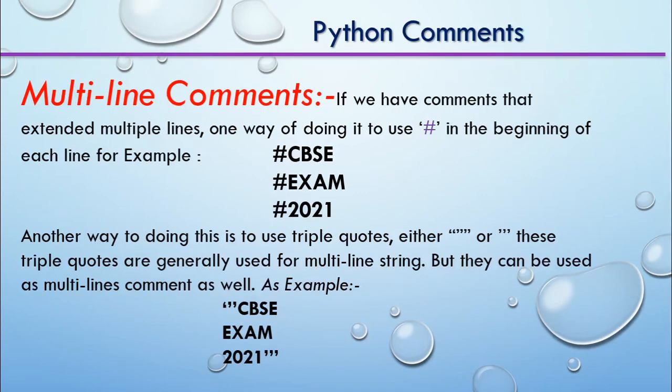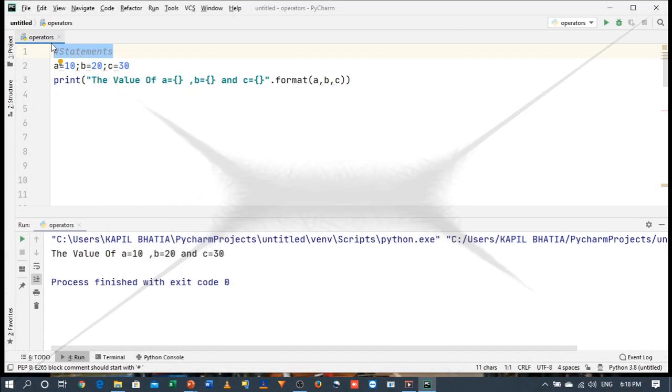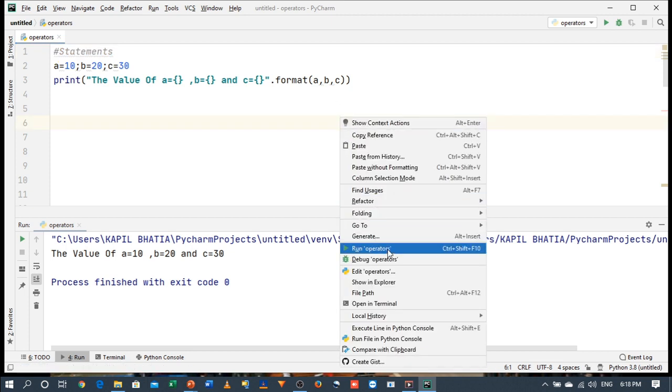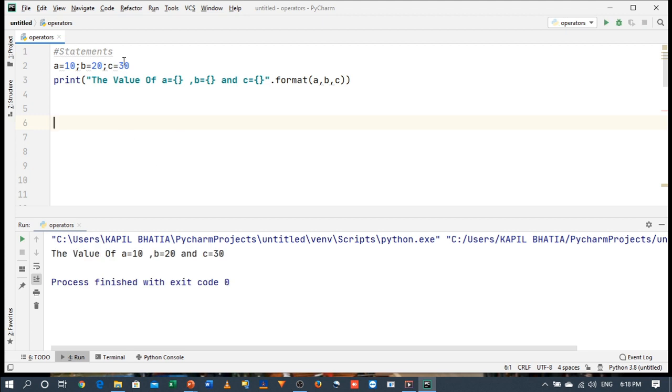For a better understanding, let us go for some practical demonstration. For a single line comment entry, we can use hash before the comment line, and that will make the line a comment. So hash is a marker that indicates that this line is a comment line. During execution, this line is not going to get executed. So when I run this program, this statement is a comment line, so no effect will be shown in the output window. In case of multiple line comments, we can use triple quotes for enclosing the block of text. Here I show you an example.